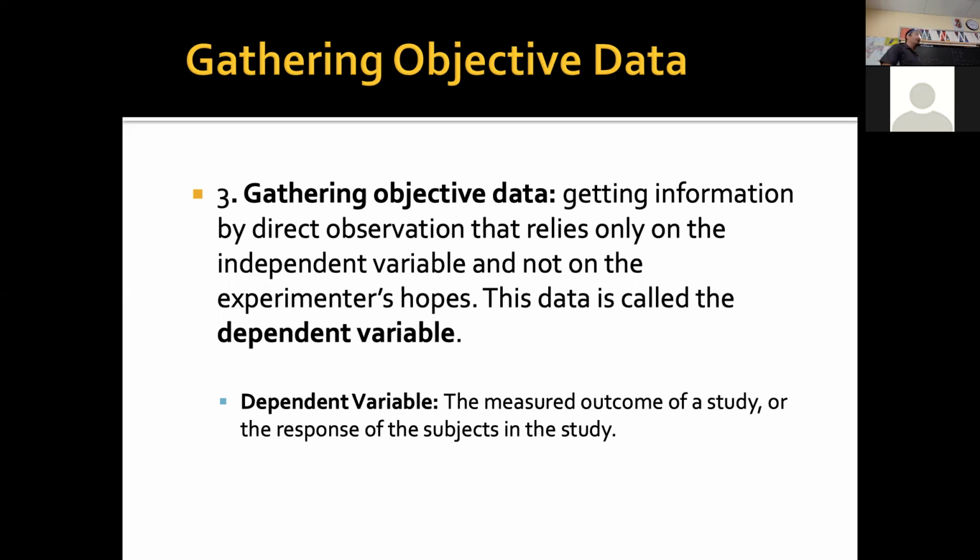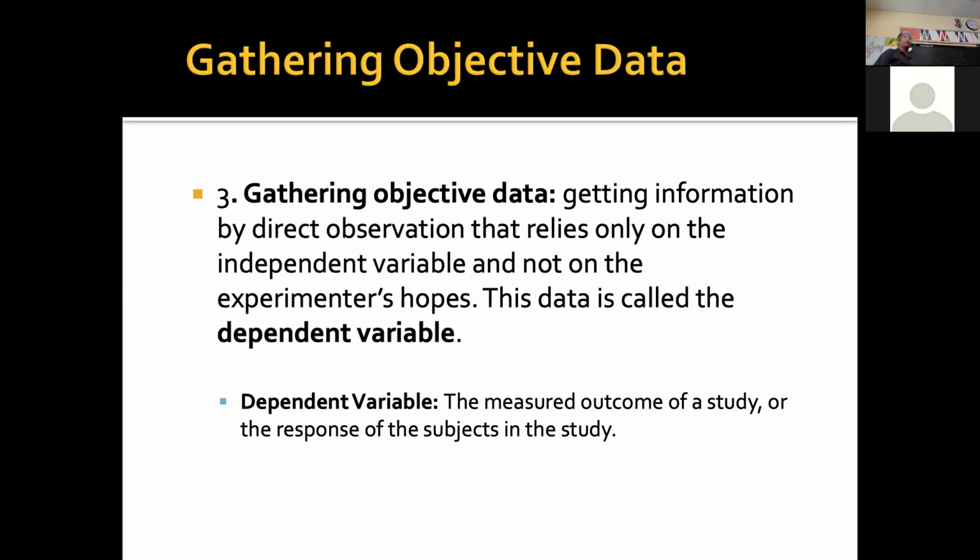So real quick, what is the dependent variable for Emily Rosa? What do you think? What is the measured outcome of her study? Christian, what do you think? Yeah, so it's the response of the therapeutic touch practitioner. It's like, left or right. Okay, plain and simple. Good, good. So dependent variable again is that measured outcome.